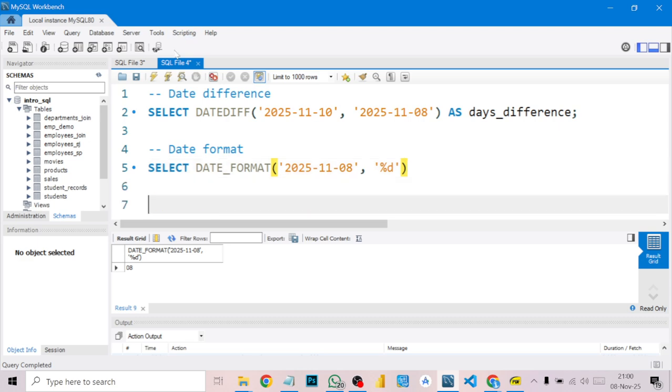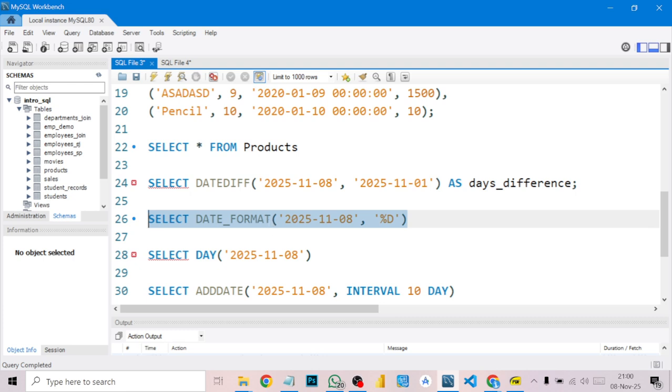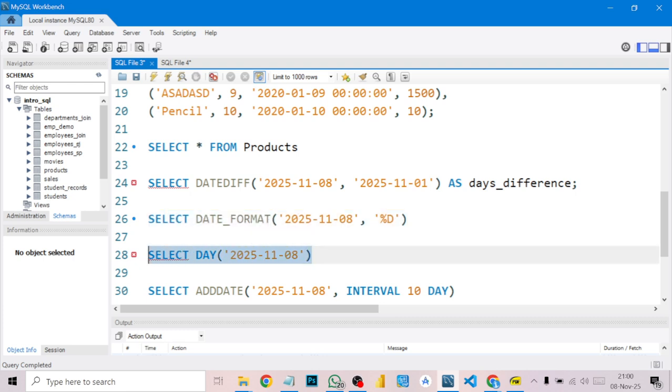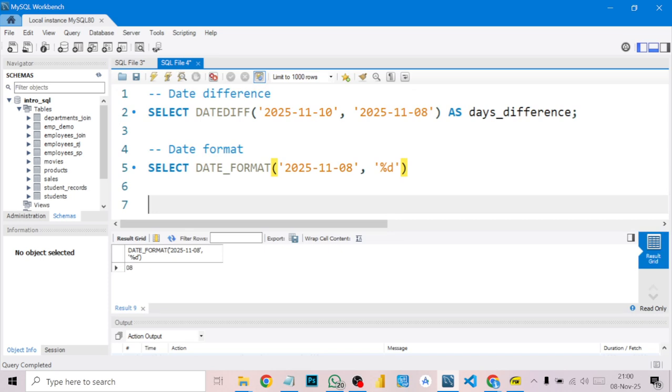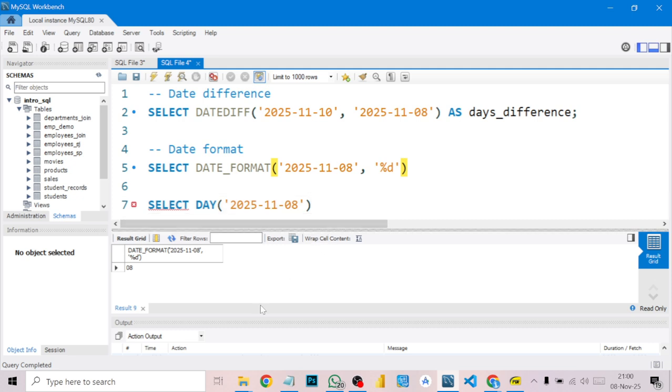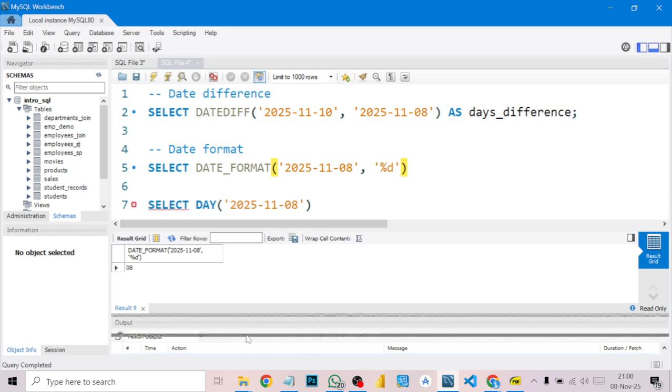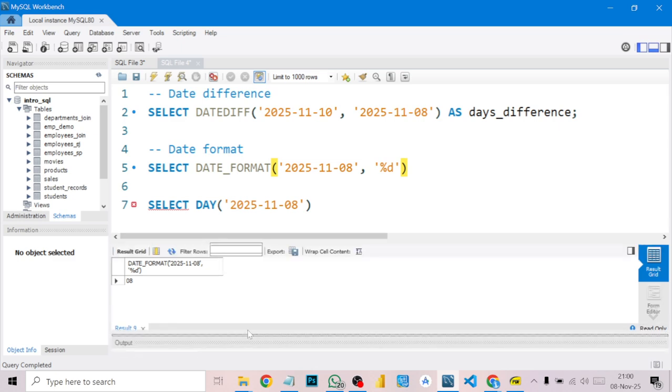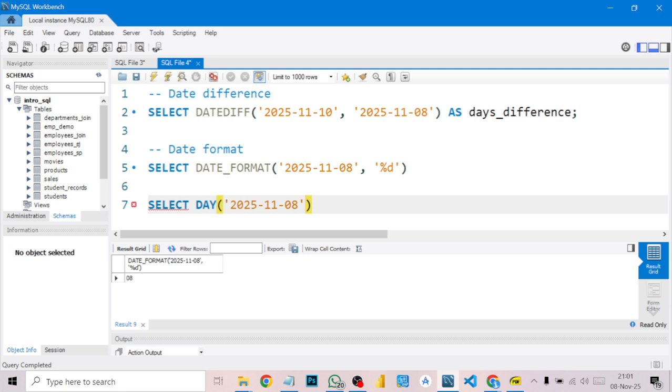So let's come to this one. Select day. You can see that day is a keyword, so this kind of thing, you don't use it as a column name. So if I run this one,